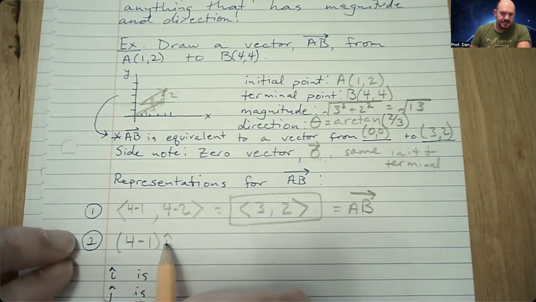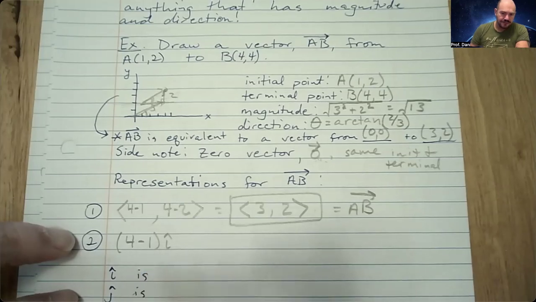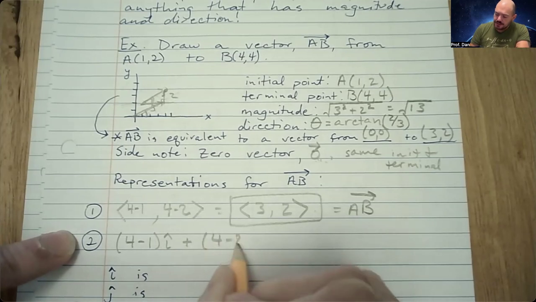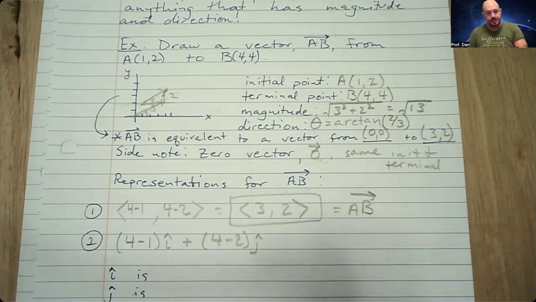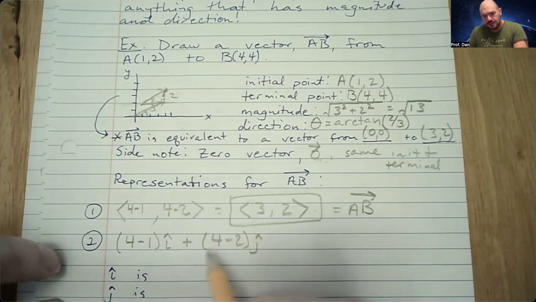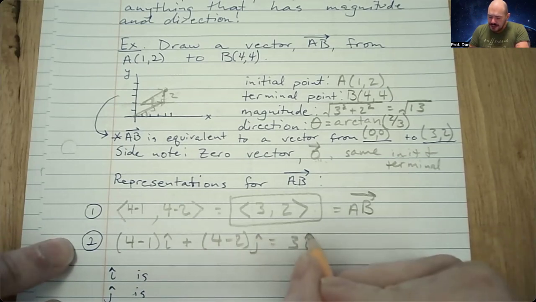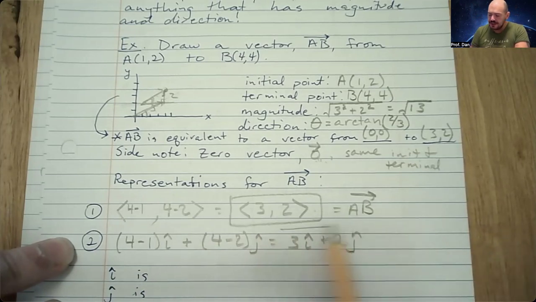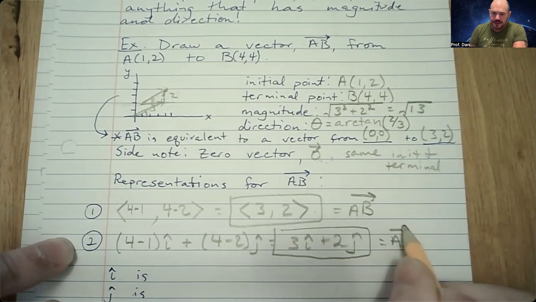This just means essentially that you're giving the x component before that. Plus, and then our change in y, 4 minus 2 times j. Again, with a little hat, sometimes with a little arrow. So this we also might write as 3i plus 2j. That is another way to represent the vector AB. So